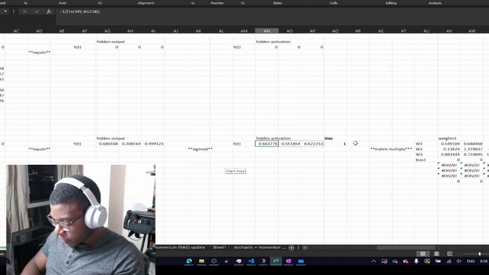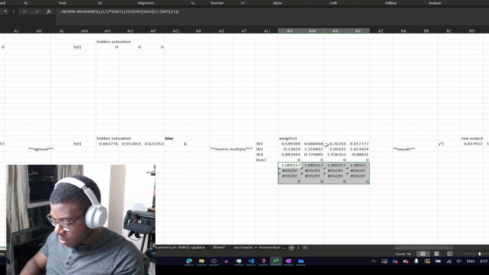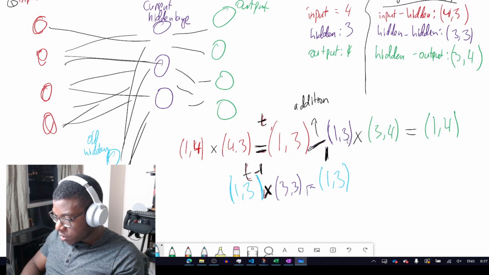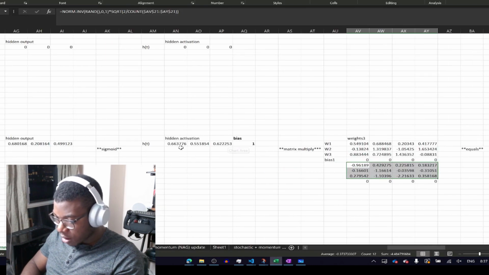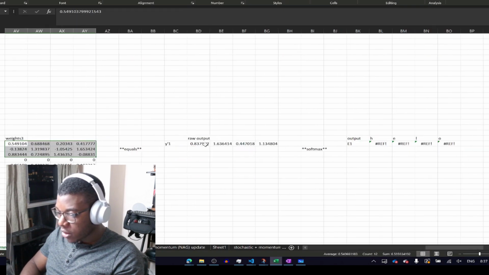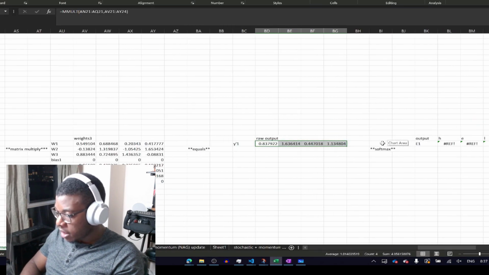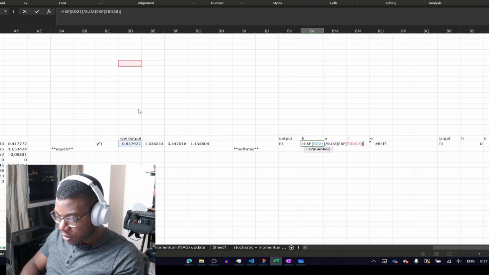Okay, then we take that through sigmoid this time. And then we have that, we put it through sigmoid. And then now what we'll do is we will multiply it by the hidden to output, which is a 3x4 matrix, and that'll give us our raw output of 1x4. And then we will pass this through